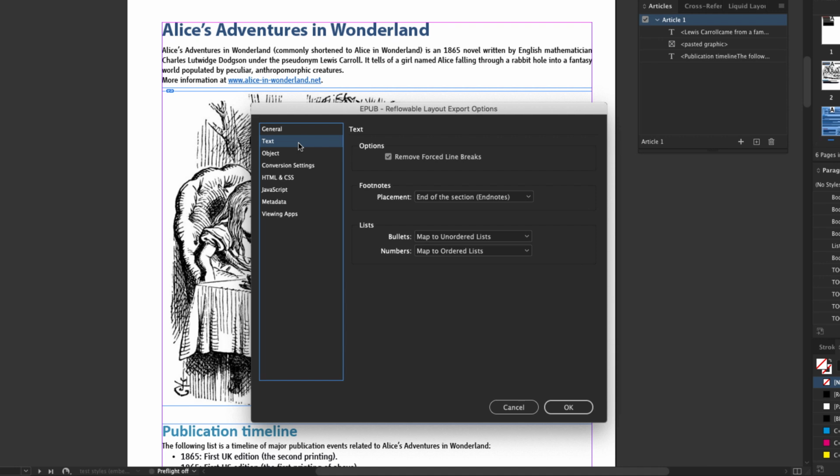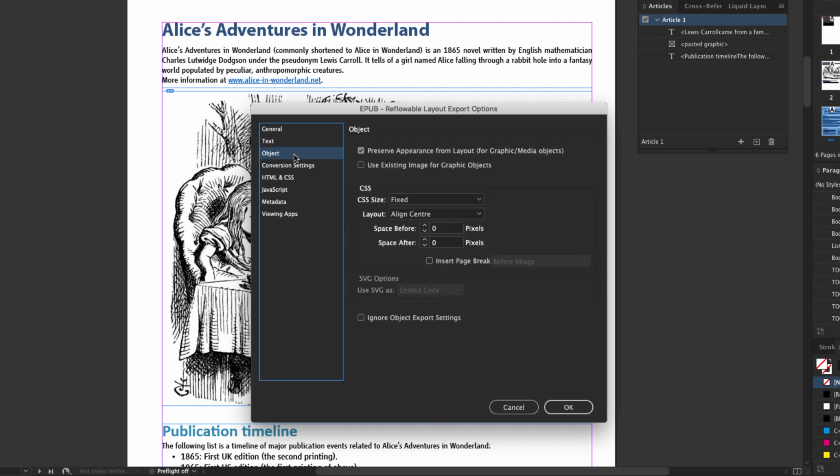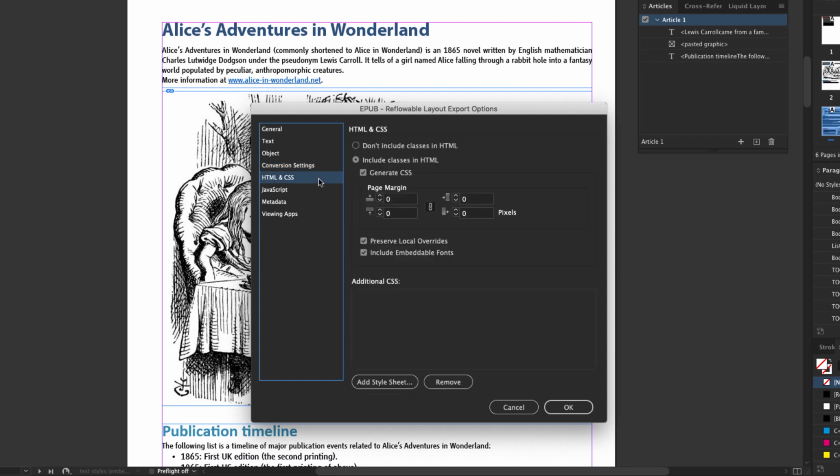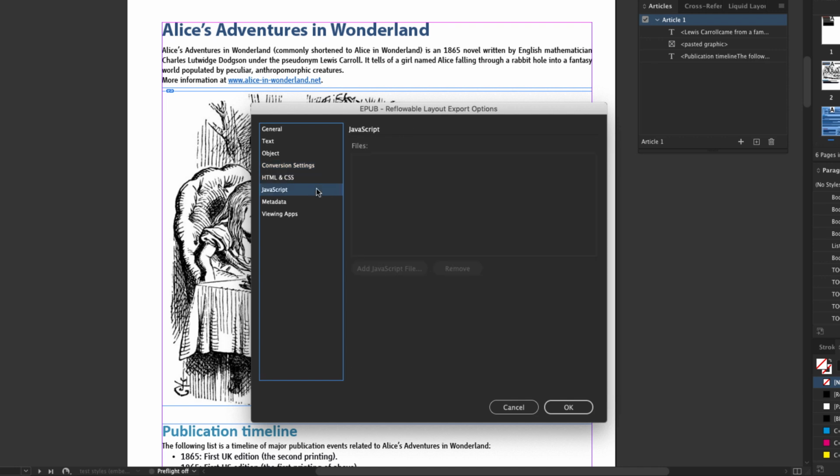Of course, feel free to experiment with them to see if they can enhance your ebook document. There are tabs to configure parameters for text, graphic, and media objects, conversion settings related to the resolution and format of your images, code generation details, JavaScript coding, and metadata.